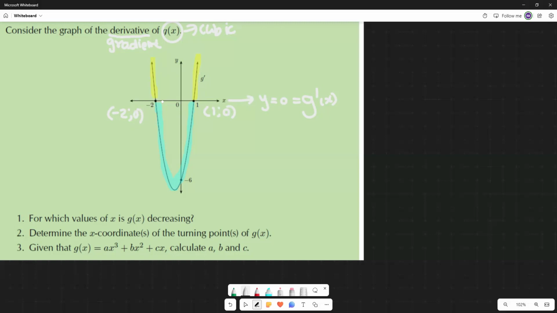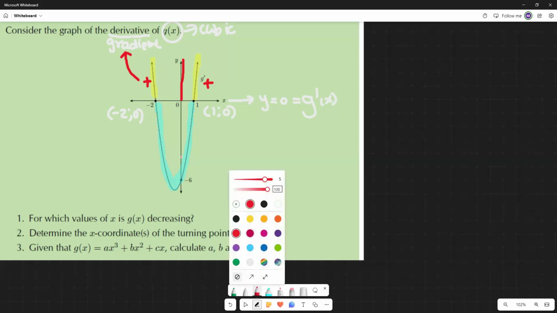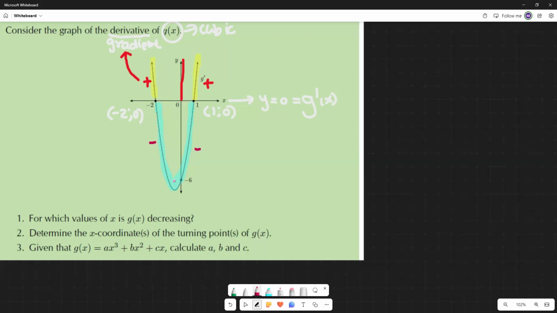Okay, perfect. And then let's check another thing, ladies and gents. We know that here the derivative is positive, which means the gradient is positive, and also this side. Remember, the derivative refers to the y values. The y values here are positive. And then let's now check this. Here, we are negative. So the derivative is negative here, which means the gradient is negative on the blue, and it's positive on the